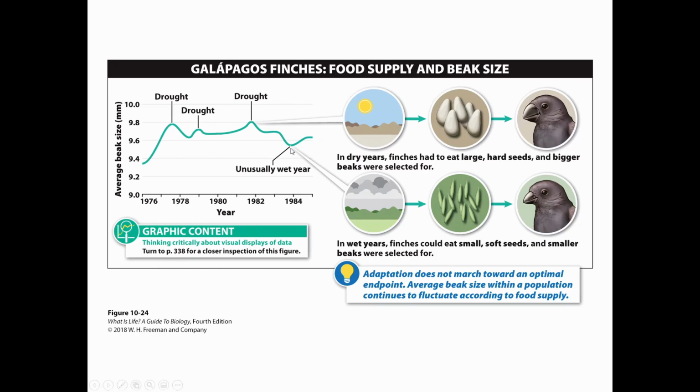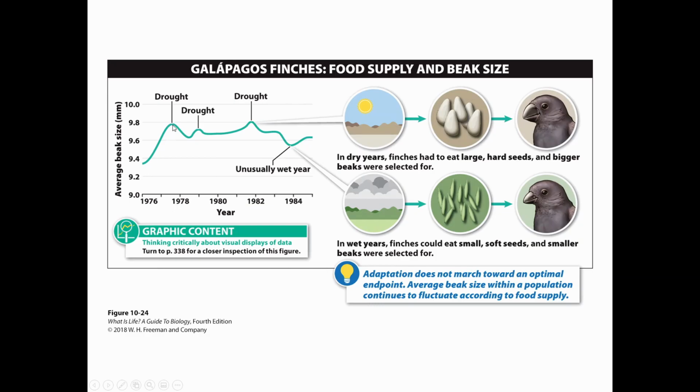In the wet years, though, smaller seeds that are softer and easier to eat with smaller beaks came into fashion, I guess you say. They were more popular, or more common is a better way to put it. So in the wet years, smaller seeds became more common, and so if you had a small beak, you got more food. So that's how we saw this change in beak size. Not necessarily massive changes, we're looking at millimeters here, but we did record changes that fluctuated right alongside the environment.